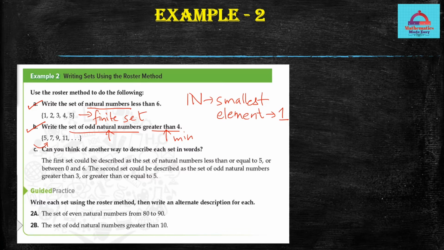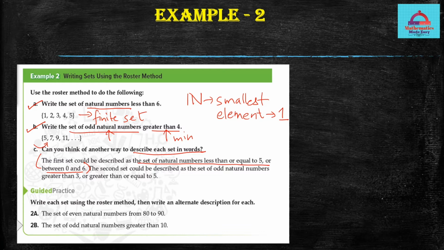Now, this one, the C part that we are doing, where we are describing the set in words, or in sentences or statements, you will just see in the slides to come, is called your third or the next method, which is the descriptive method. So here we can describe the set in another different way. The first set could be described as a set of natural numbers less than or equal to 5, or between 0 and 6. So that's another way in which you could put the set 1, which was the A part, in a different statement.